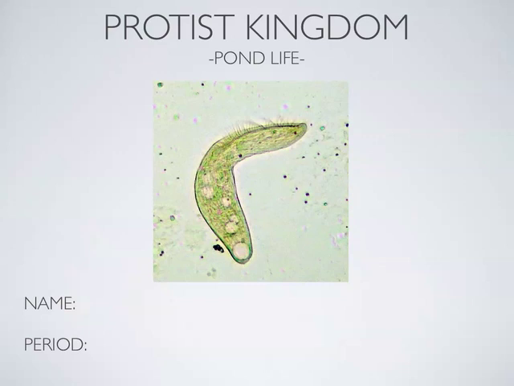So what that means is a lot of them are very different from each other. Sometimes they have different characteristics, like some are unicellular, some are multicellular. They don't all have a common ancestor. It's really not a great kingdom. In fact, some scientists would like to get rid of protists altogether and substitute 6 or 7 or 8 different kingdoms that would be more accurate to show how they're all related.